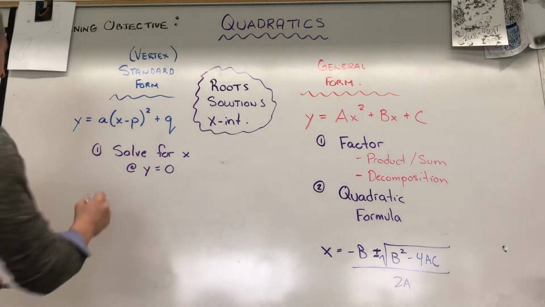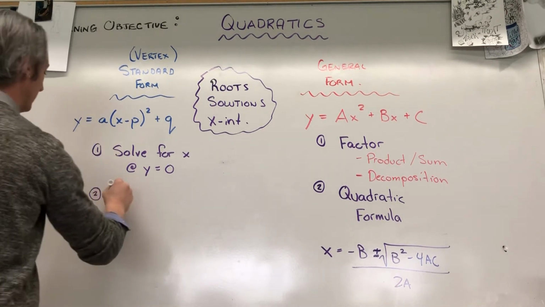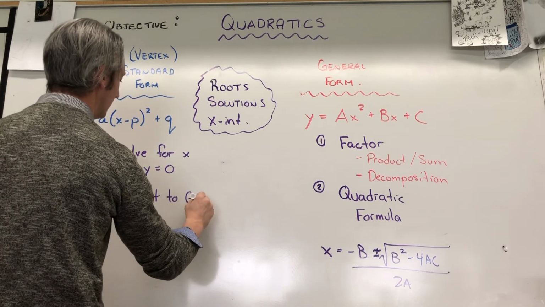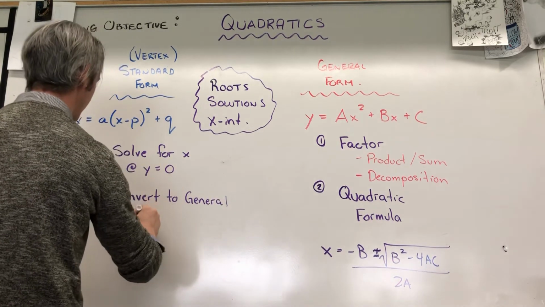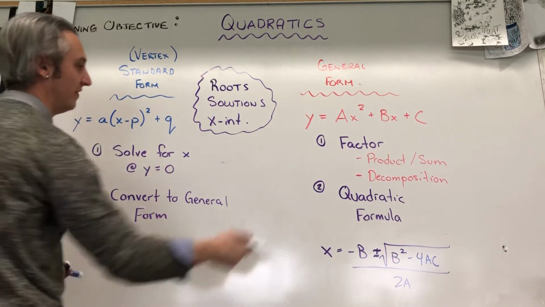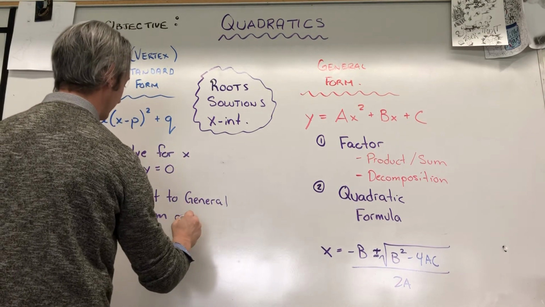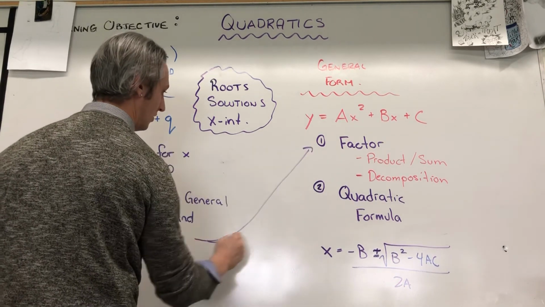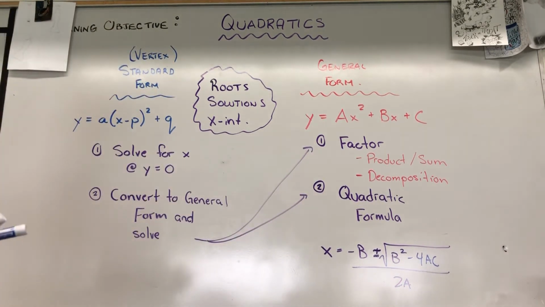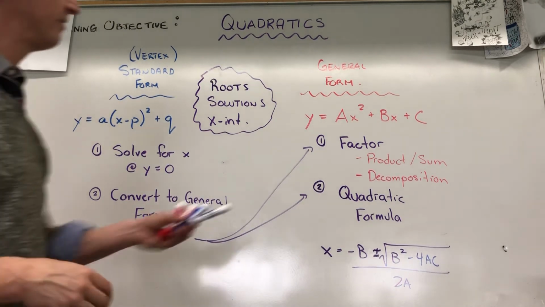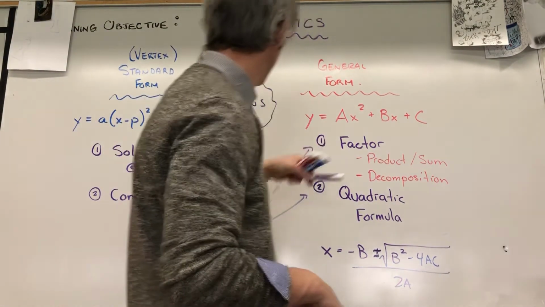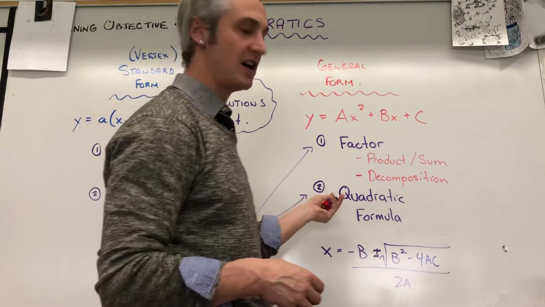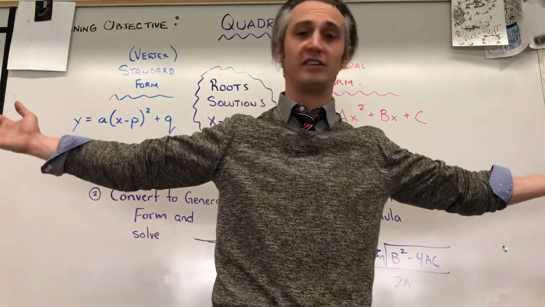The second option is to convert this to general form and either factor it or use the quadratic formula and solve using either this or this. Okay, so we know how to factor. We've done this before in grade 10, and we know how to solve for x. So all we now need to learn is how to use the quadratic formula, which is basically like our silver bullet,